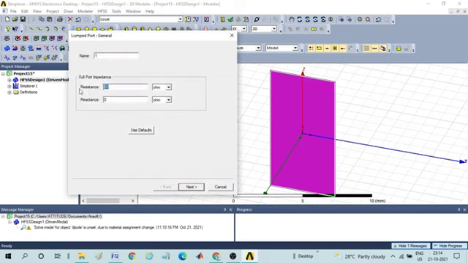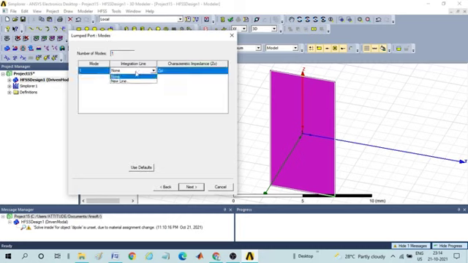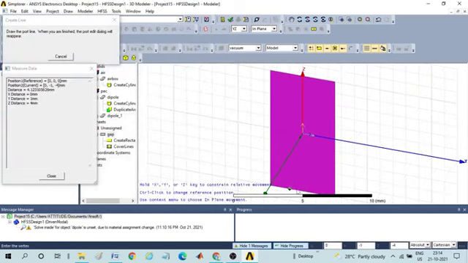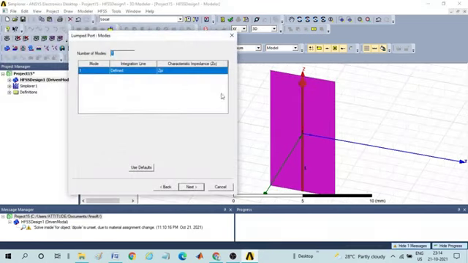Here, suppose if I want to see the mismatch, I can keep it as 50 ohms. Suppose if I don't want to see any mismatches, or only a few small amount of mismatch can be allowed, then change the resistance value to 75 ohms. Then click next, then new line, and from bottom to top give it, then define.